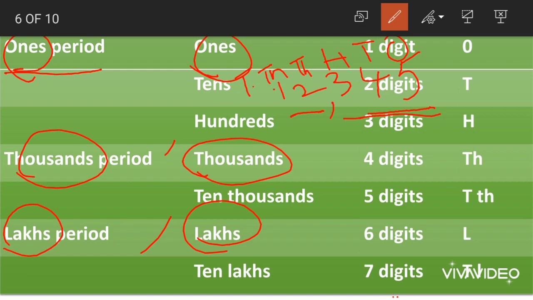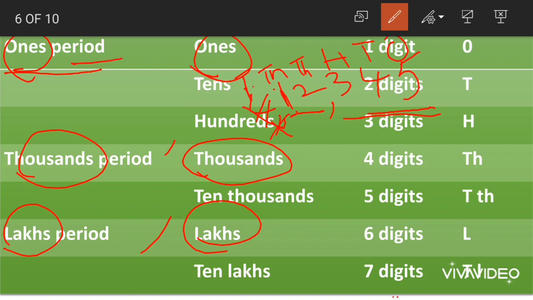So we put a comma here. Then the thousands period starts. This thousands period ends at 10,000. So again we put a comma here. Okay children? Here there is no digit before 1, right? We'll just place a digit 4 here. As there is a digit after 1, we are placing a comma. If this digit was not there, we do not need this comma to be placed here.